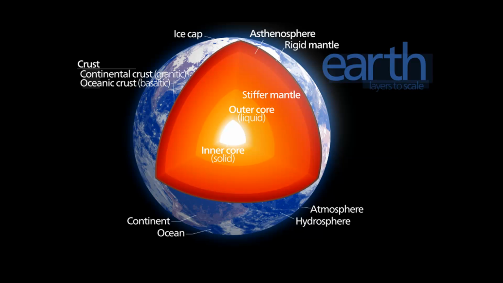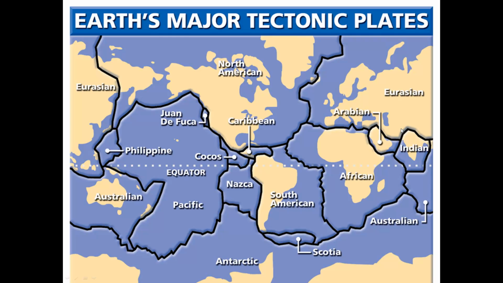Okay, so the geologists say that the Earth has a very thin crust on the top of it. And they say, at least for the last 50 years, that the surface of the Earth, the crust, is broken up into individual plates, tectonic plates, and that over long periods of time these float around and bump into each other, and sometimes they're consumed and sometimes they arise. Some of these plates have continents on them, and some of them don't.